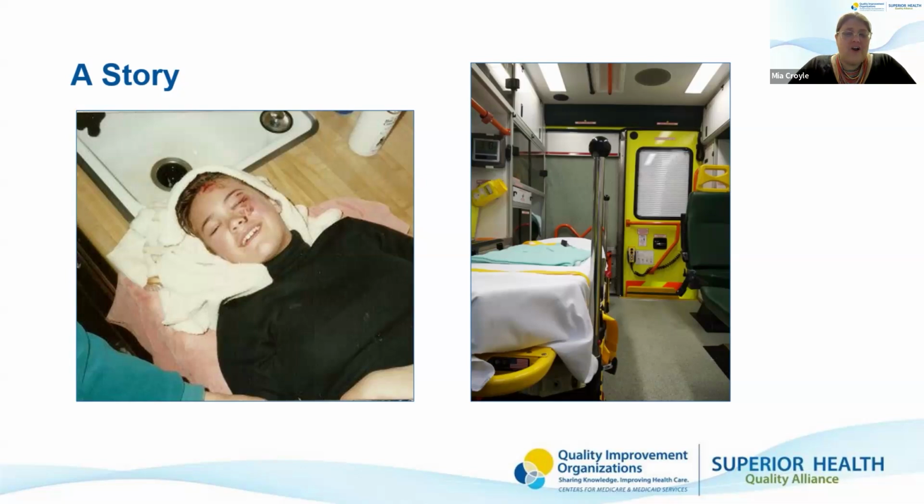But we heard them calling in to the ER on their way, the ambulance, and they said that I had multiple lacerations and contusions. And I looked at my brother and he looked at me and I said, "What are those?" I whispered. And he whispered back, "I don't know, but it sounds bad." So, come to find out, it meant that I had bumps and bruises and cuts, which is what I had, as you can see in this lovely picture.